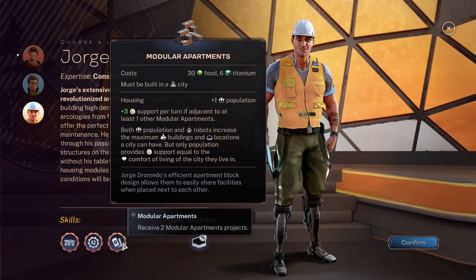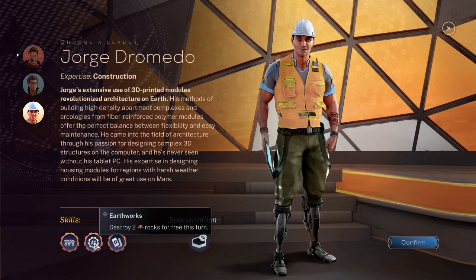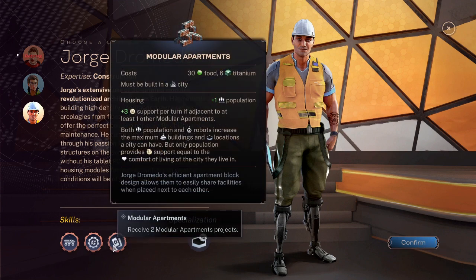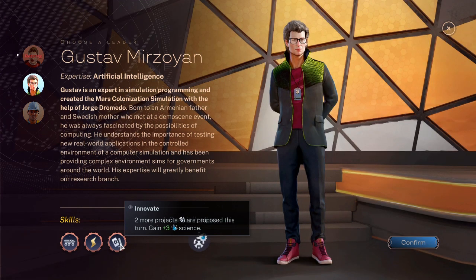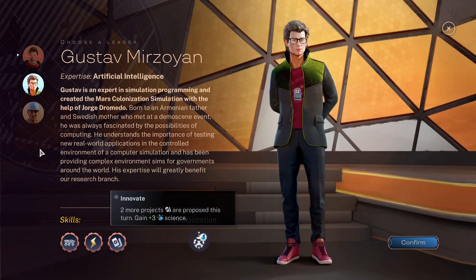Okay, and this: modular apartments receive 2 modular apartment projects. Maybe so. Earthwork: destroy 2 rocks for this turn. Well, that would be what the energy would be used on mostly, aside from exploring. Okay, I might actually pick Bob the Builder here again, since this is actually more useful than that. This guy, maybe he would be better in a later game. Well, later part of the game if they have...